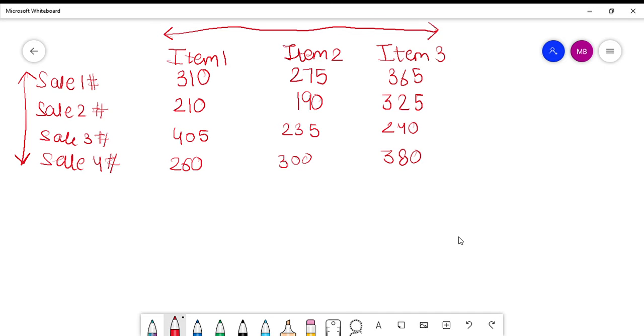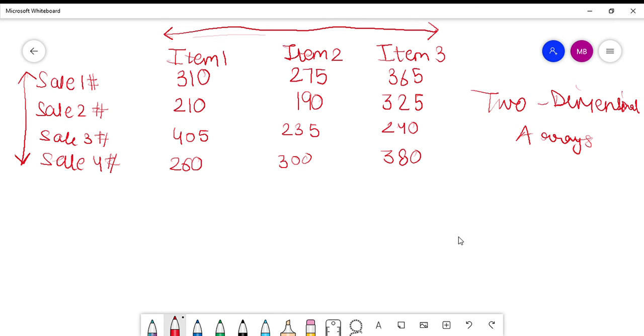This will be done with the help of a two-dimensional array, right? This is not just a list of values, but a table of values. When I'm talking about a list of values, it has only one dimension. But when I'm talking about a table of values, it has two dimensions, which are the rows of the table and the columns of the table. So when we have to represent a table of values, then we use two-dimensional arrays.